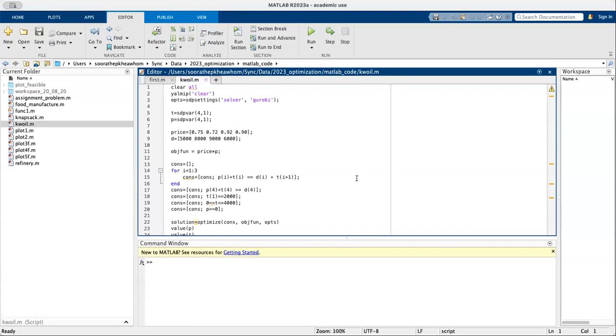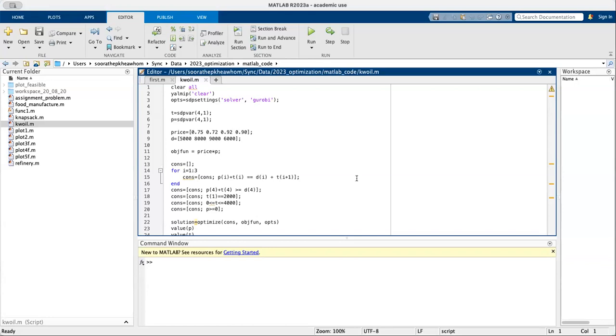And set the option, because I use Gurobi, I force the solver to be Gurobi. And sdpvar, because we don't need integers in this case, right? We can buy just half a liter or maybe smaller. And the price, this is the,